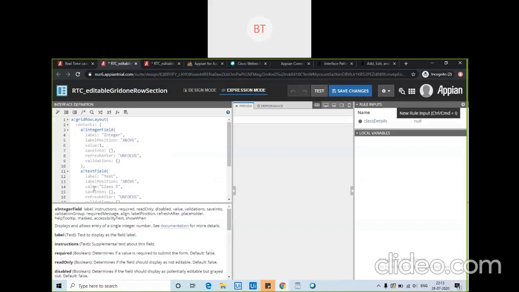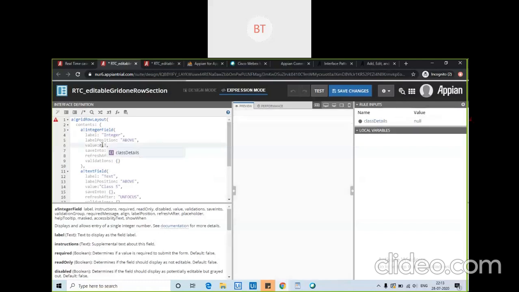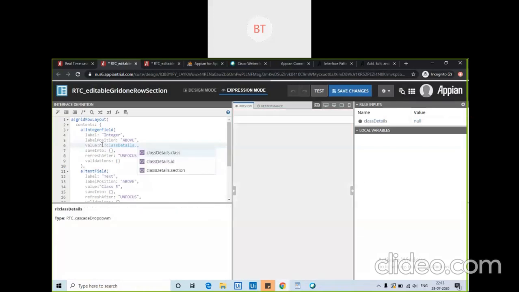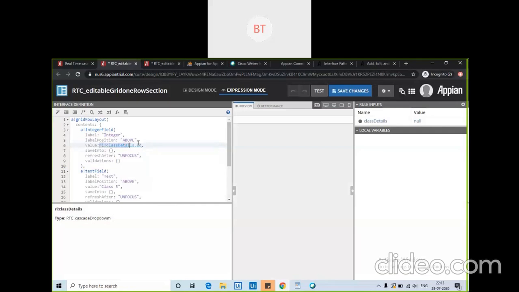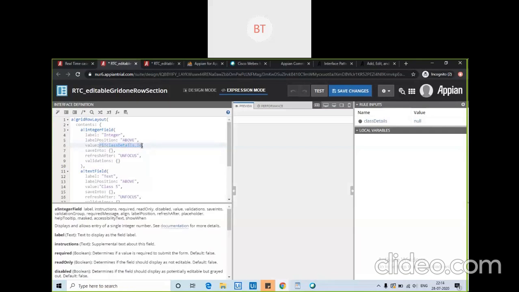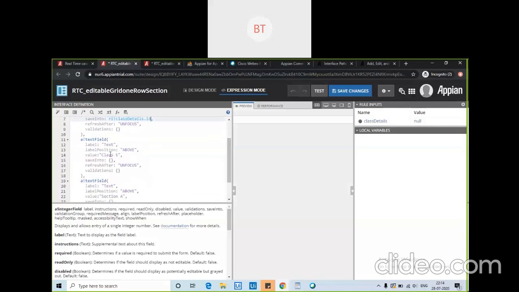We need to capture the value here and save into also. Class details dot... Like the way we have created any interface previously, this is the way to fill a form, right?